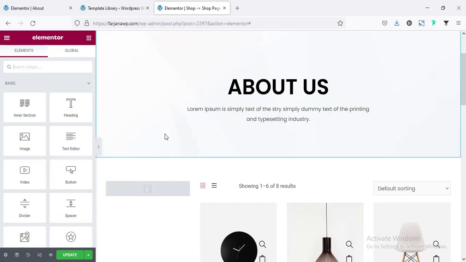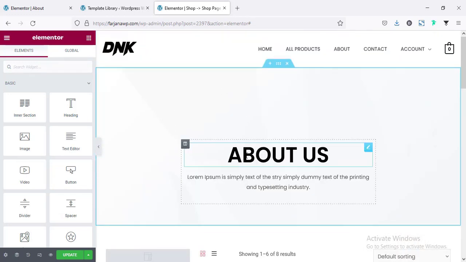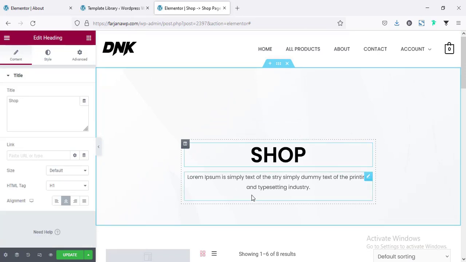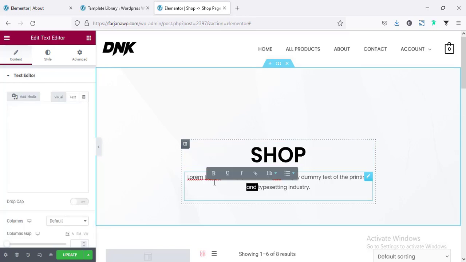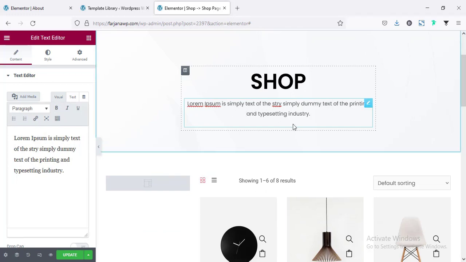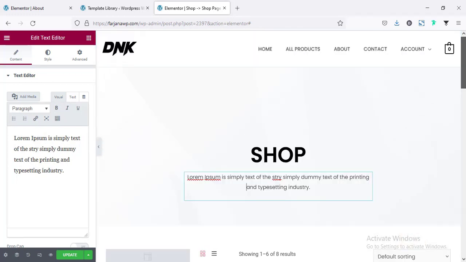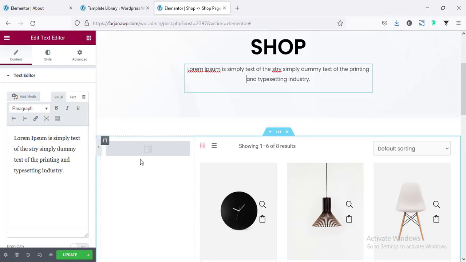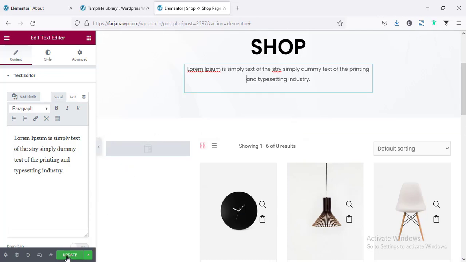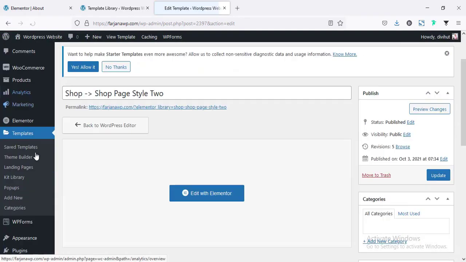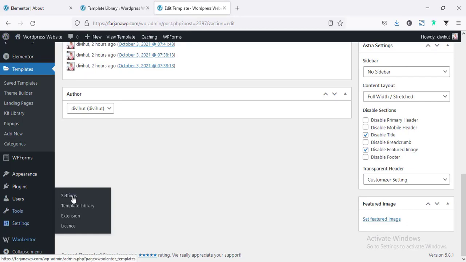For now I'm just going with this, and here I'm changing the text to shop, or we can change it to anything. And here is some details text. For now here is dummy text. We can add our own text instead of this, or we can also remove this. Then our page is okay, and I need to add some widgets for the sidebar. I'll do it after some moment. For now I'm saving this page, and now I'm going back to the dashboard and going to Woolentor settings,